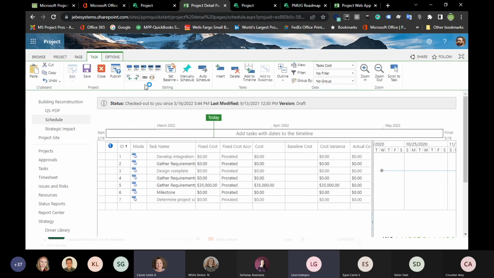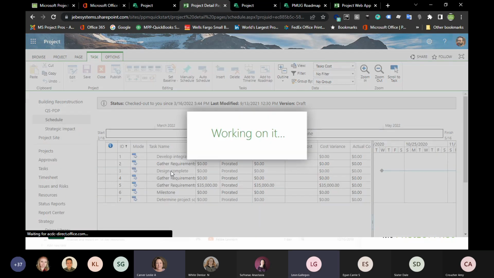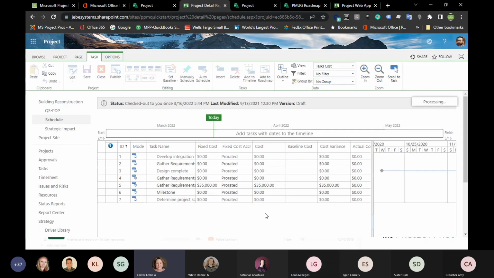right? So now I can come in and you'll notice that this ribbon has all of these items available for me to insert tasks, delete tasks. And there's no approval here because I'm a team lead, right? The project manager has designated me as a team lead, maybe has placed a holder task out there and has asked me to go and build it out. And that happens quite often. So we now have a project manager, a team lead, and a team member. We have those three unique roles that we can set up, right? Is that helpful regarding the task management?